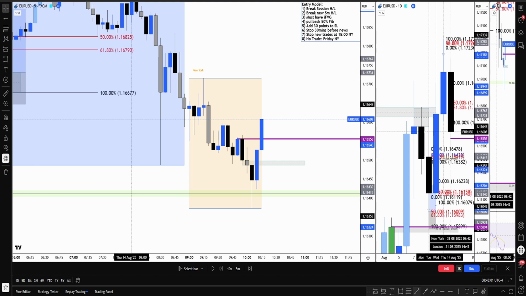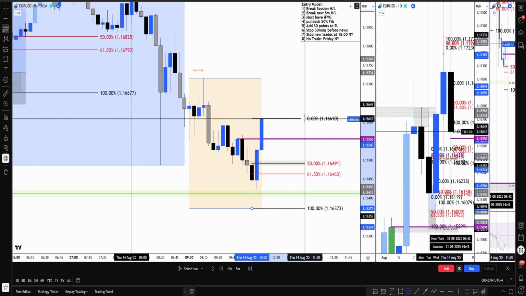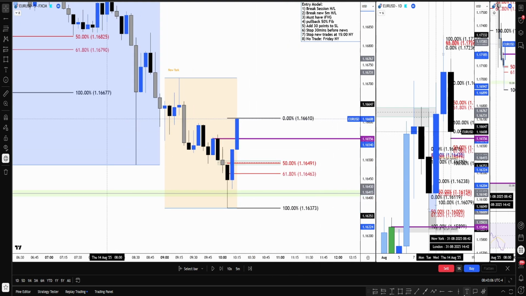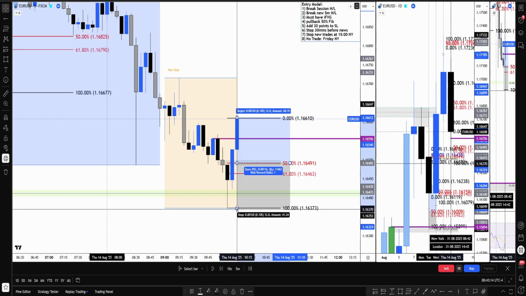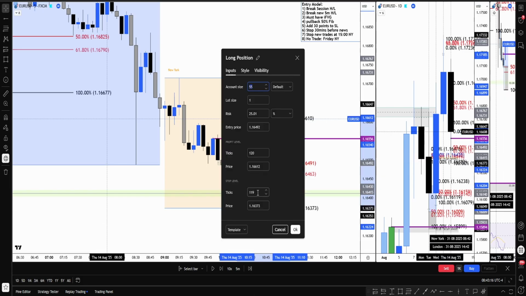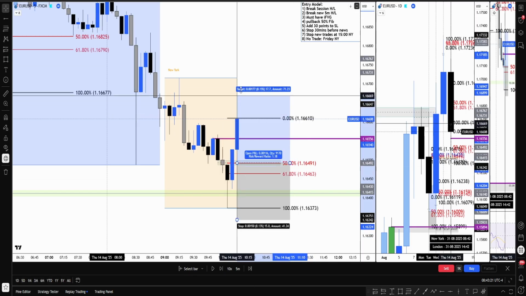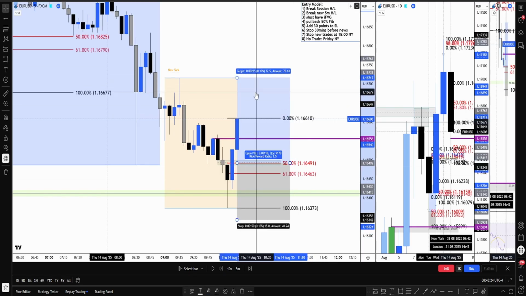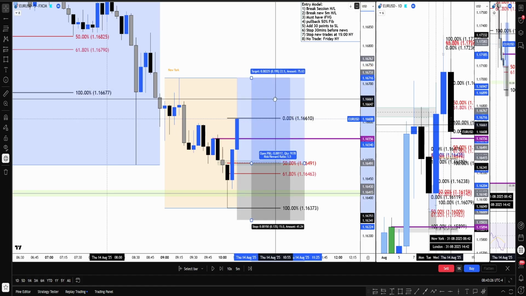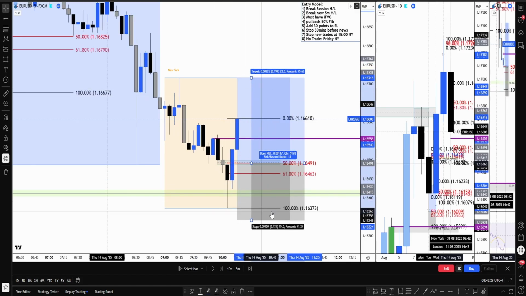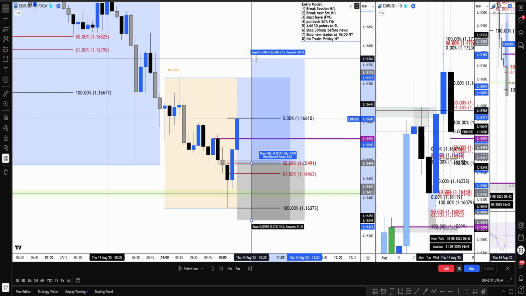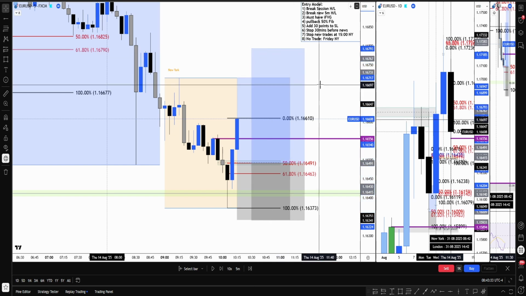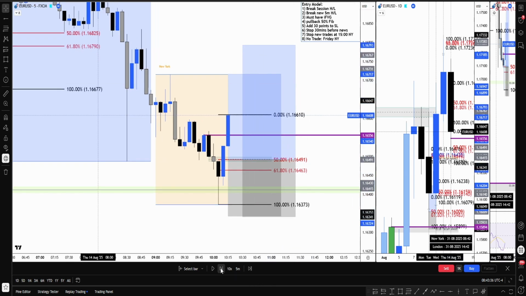And what are we waiting for now? We're just waiting for a retracement and buy. We can actually take both trades off the same level because it's extremely close to the 50% fib. So let's make it 150. Aim 1 to 1.5. And we duplicate this because the order block trade is basically off that same level. We aim for 1 to 2. There we go. All right, let's move.